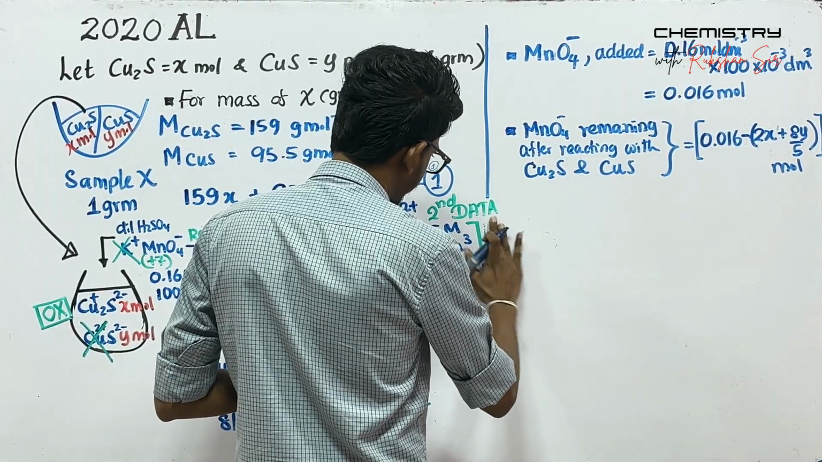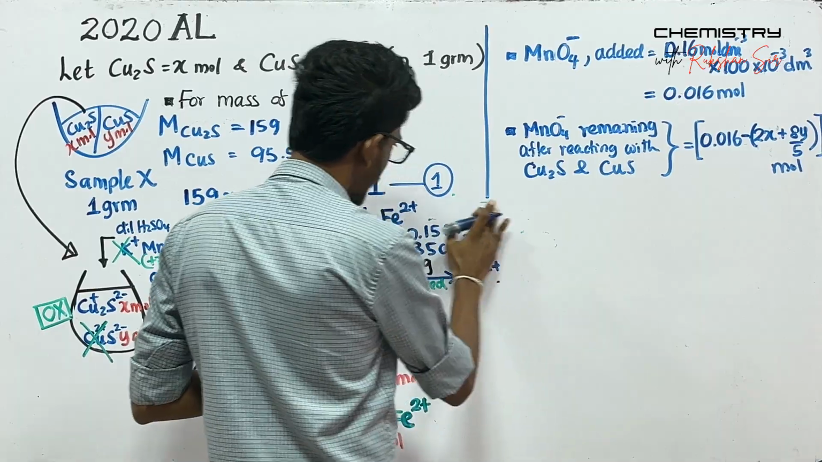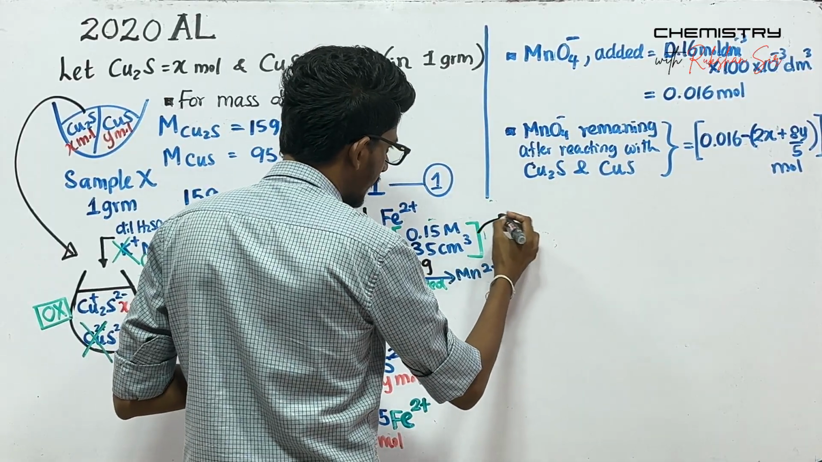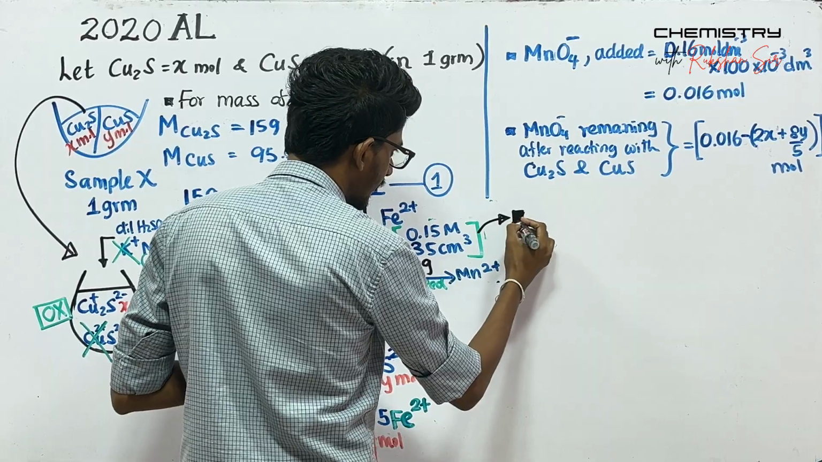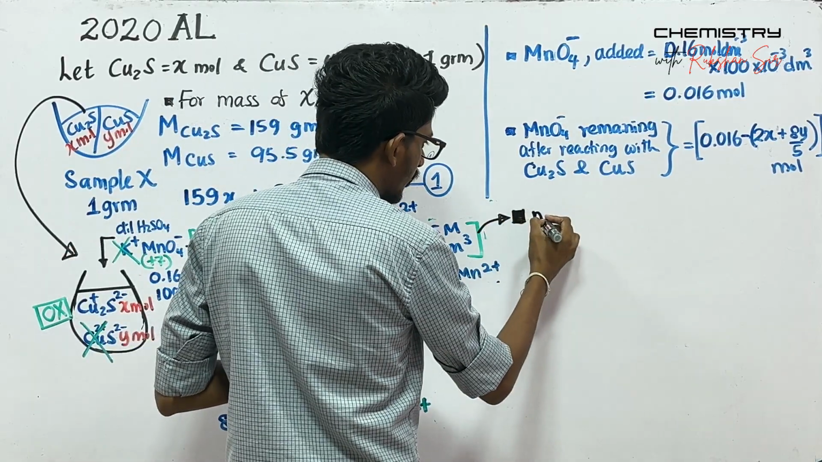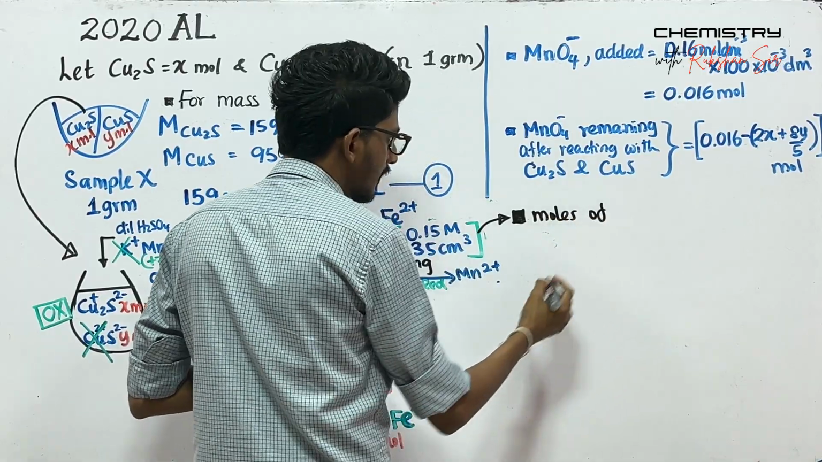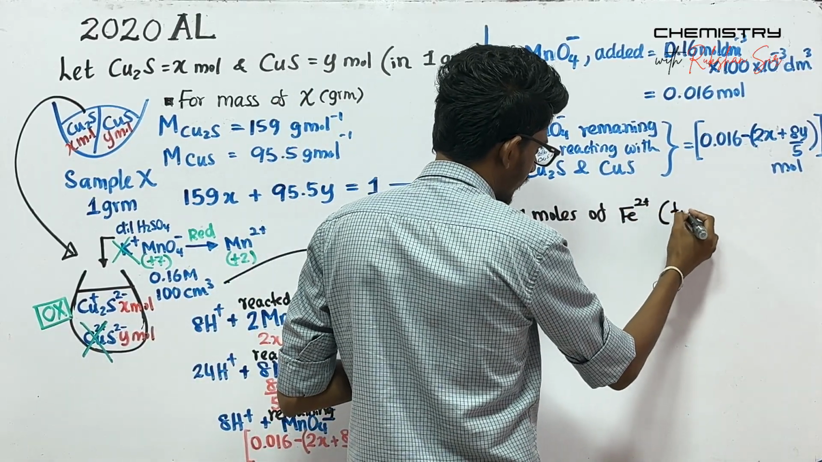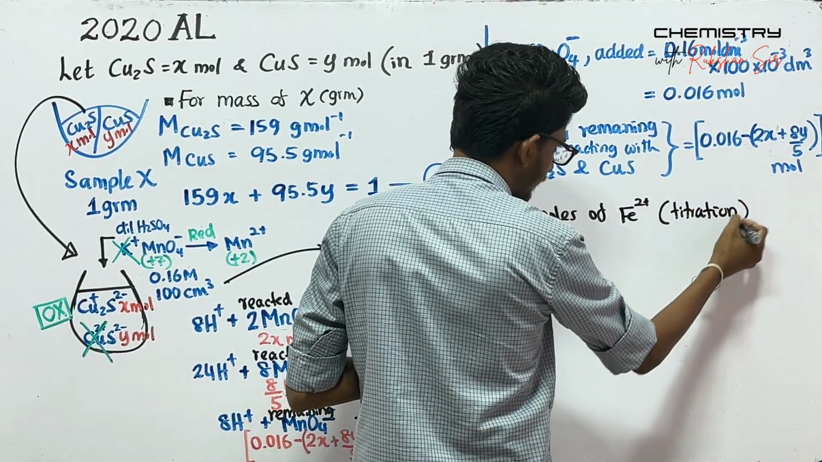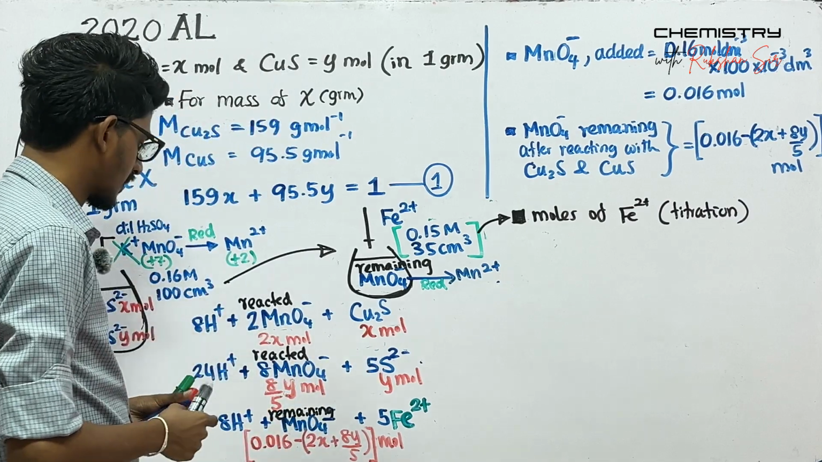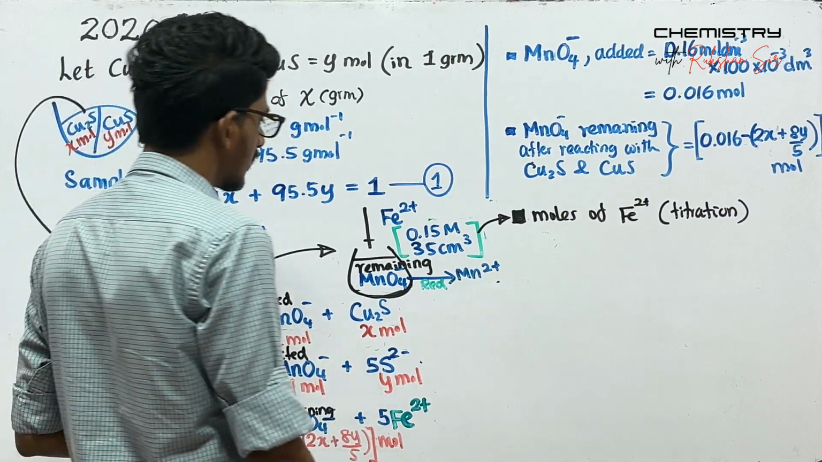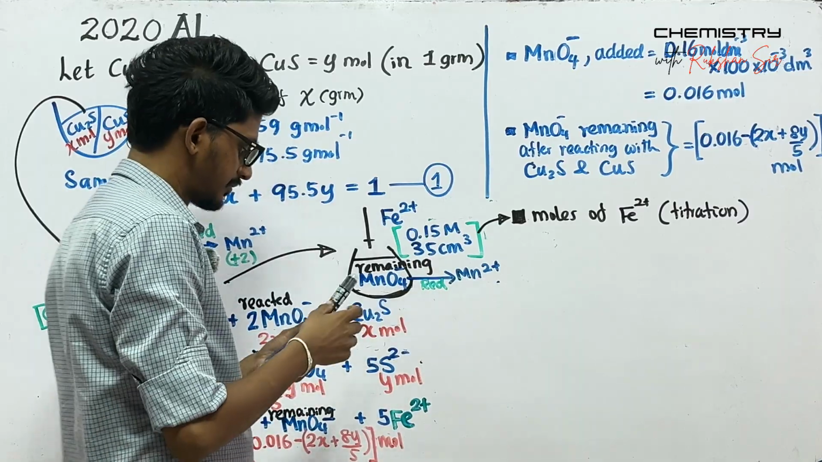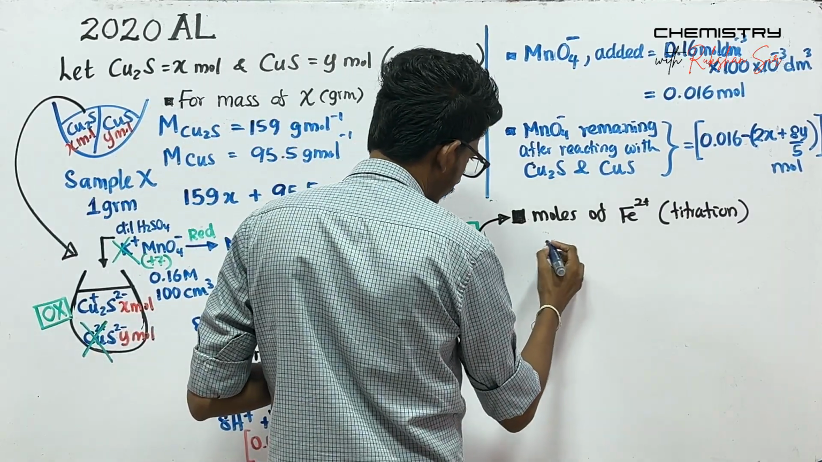So the second data point is going to be for this one, right? That is for the moles of Fe2+. So this is the titration, right? That is going to be equal to this thing into 5. On the other hand, it is equal to the CV data coming from here, right? So we can write